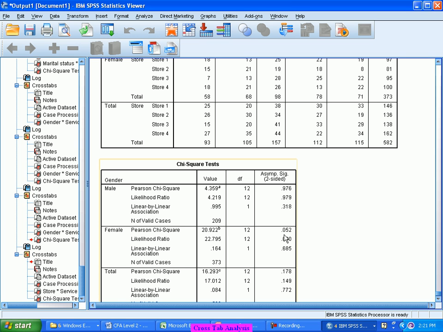This is one of the key tests, as we have seen, store-wise satisfaction, especially when satisfaction is a 5-point variable: poor, bad, okay, good, excellent. If I have to do it against multiple dimensions, it becomes a very useful factor, because they are also nominal or ordinal variables only. So if I have to compare nominal or ordinal variables across multiple categorical dimensions, I can take the help of the crosstab analysis. Fine.